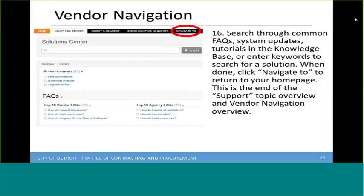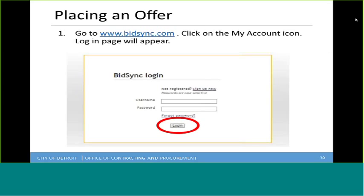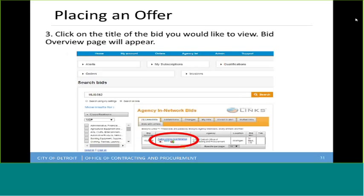Once you've gotten your questions answered from the support portal, you can click on the Navigate To option and select BidSync. That will take you back to the BidSync homepage. And we'll go ahead and log back into our account, clicking on My Account, using the username and password. And that'll take us into our homepage again, where we can go through the process for actually placing an offer